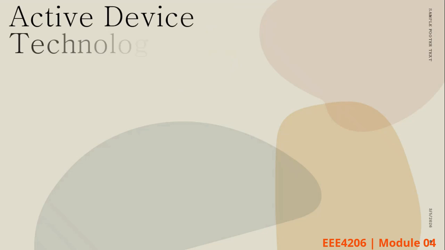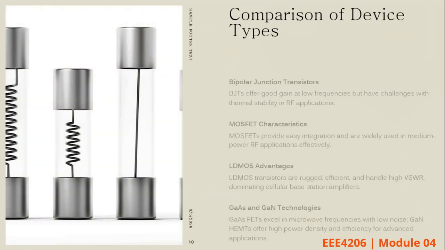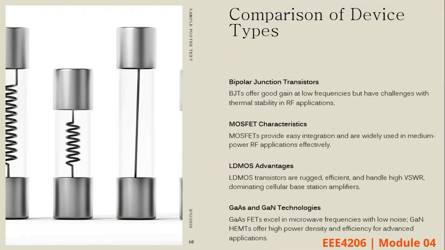So we have these active devices, the different types. And of course, you know some of these ones. When we talk about the transistor, you know the transistor types, and you should take your time to read about this. But we have the bipolar junction transistor, and this is very widely used, especially in amplifiers that operate at low frequencies. However, they can suffer from thermal instability. These can generate a lot of heat,